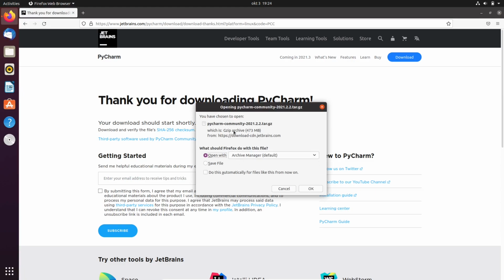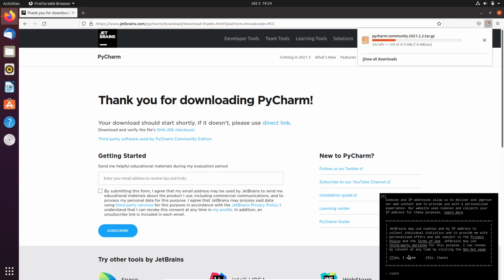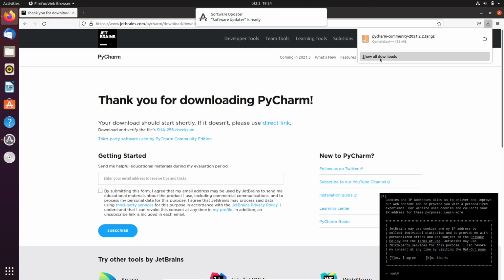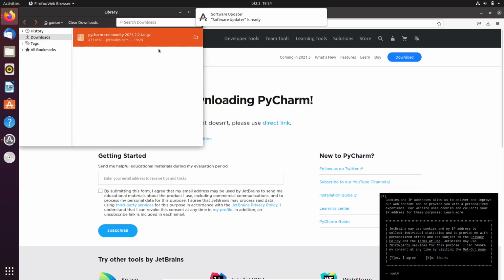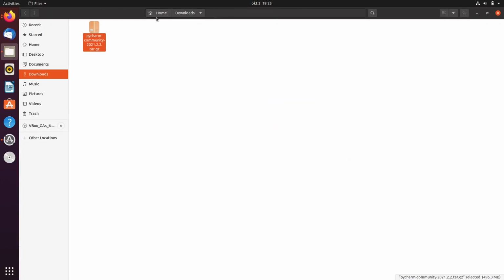and it will ask me to open with archive manager or save file. So I will select the save file option, click OK to save. Once the file is downloaded, click on show all downloads and go to the folder where the file is downloaded. My file is downloaded under home downloads. I will open a terminal here